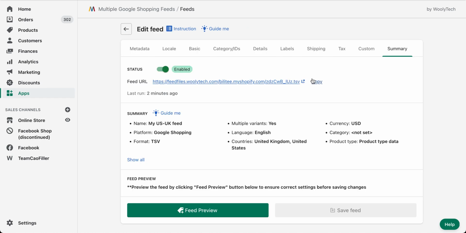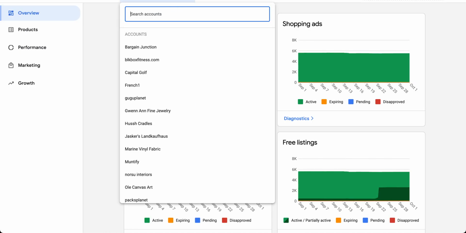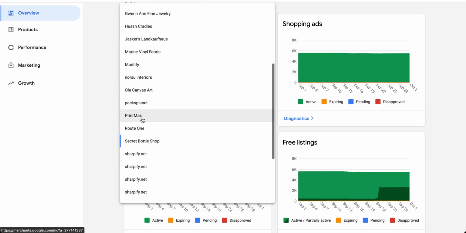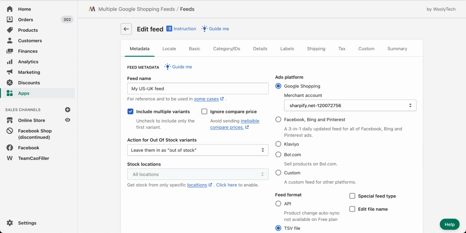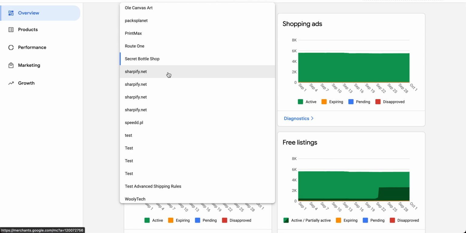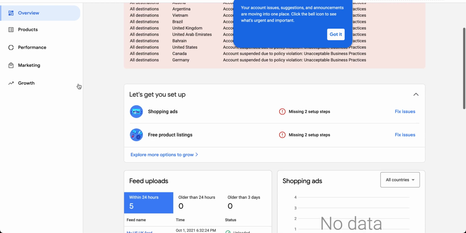I need to check which merchant ID I used. Okay, 2756. Oh, I cannot see the number here. It's Shopify.net. I have a bunch of Shopify.net in here. Yeah, I'm in luck. It's the right one.